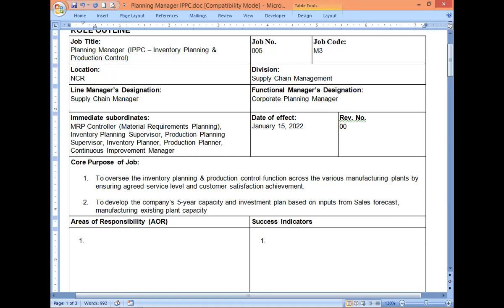how many tons per hour the plant can produce in 1 hour. How many tons the machinery can produce in 1 hour? So tons per hour, 20 tons, 100 tons, 1,000 tons per hour. It depends on the number of production lines, how many production lines are in place, existing.